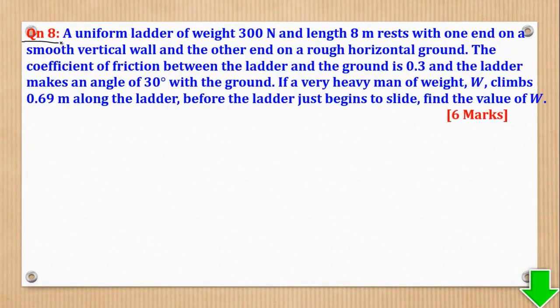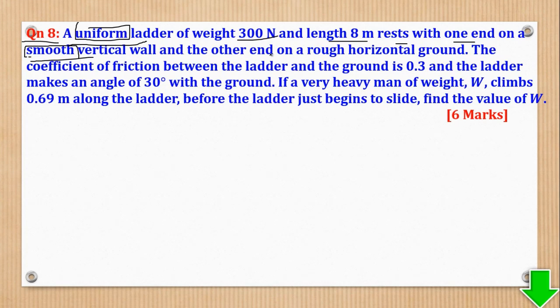Question 8 says a uniform ladder. Uniform is a keyword. Uniform means the weight acts at the center of the ladder. So a uniform ladder of weight 300 newtons and length 8 meters rests with one end on a smooth, this is also a keyword, smooth